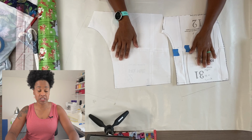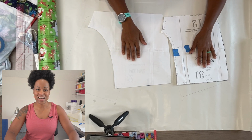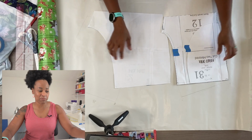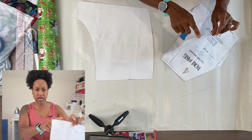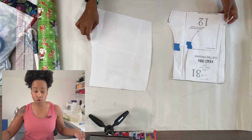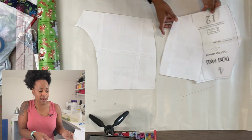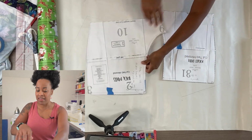This week, I'm going to be using the help of my trusty dusty iPhone up there so you can see exactly what I'm doing. All you're going to need is the bottom half of that pattern and one of the pocket pieces, because you're going to trace the whole thing so that you know exactly where you're going with it. Okay, so what I learned is that with this pattern, you have a front, and you have a